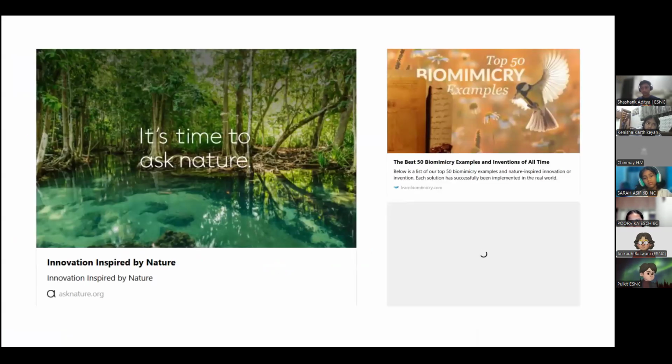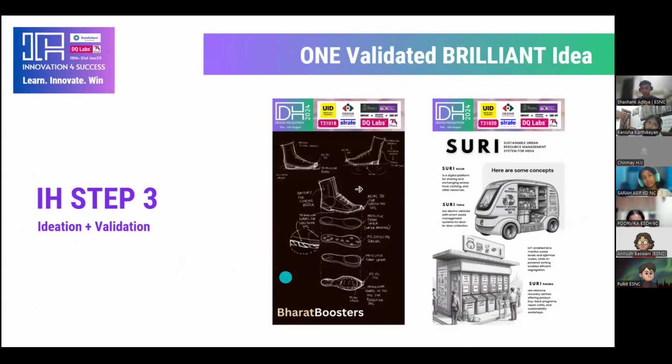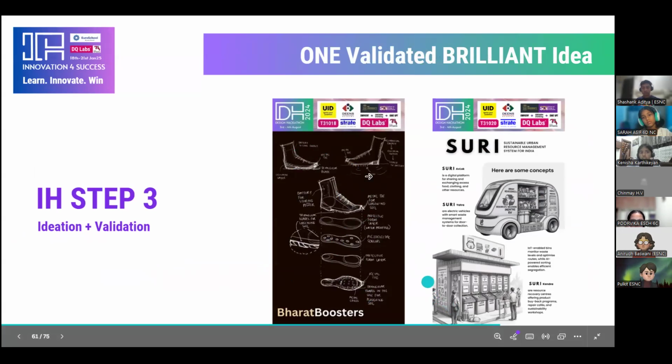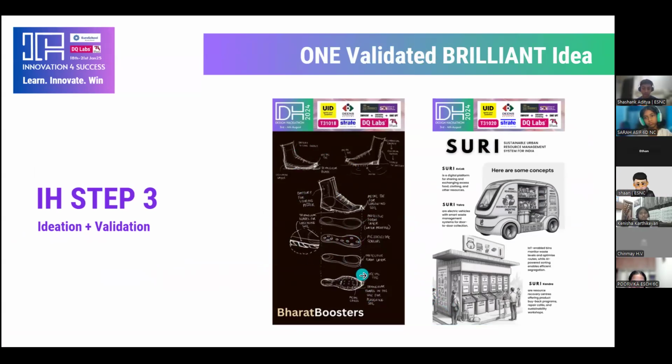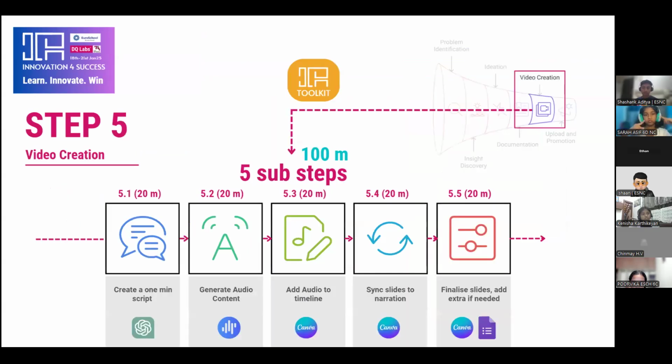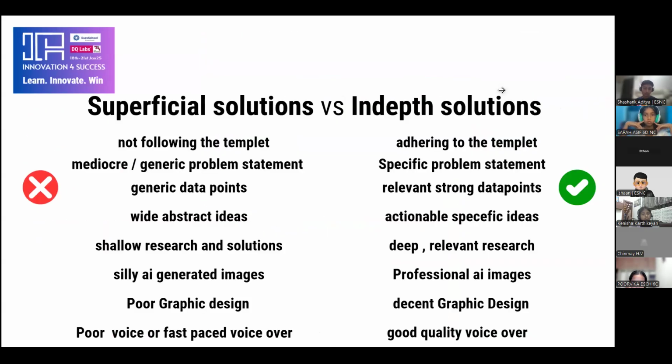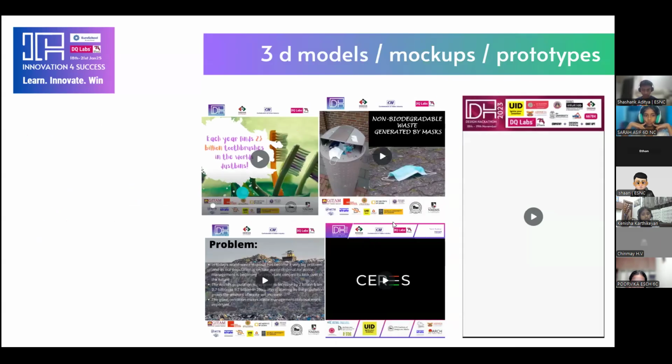So this example shows that sketches have been done to document the ideation process. Another way you can document it is by creating a couple of mock-ups or prototypes. So I'll be showing you a couple of examples here.